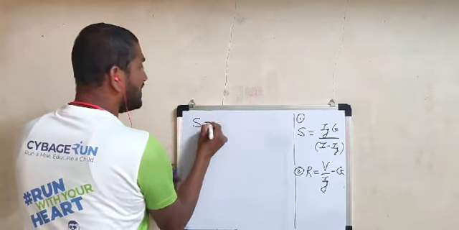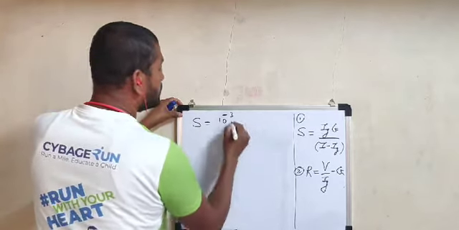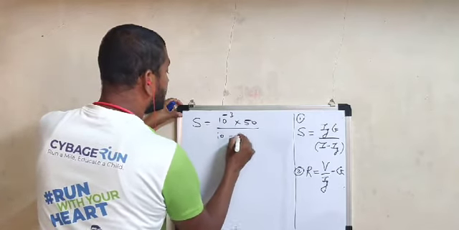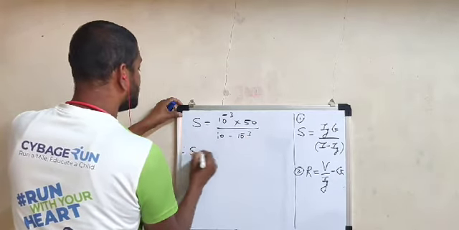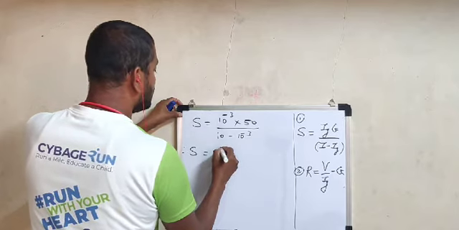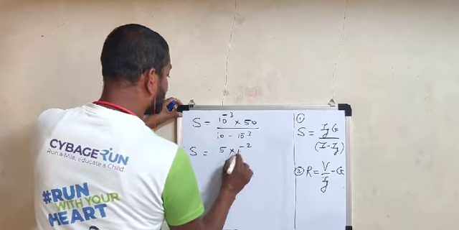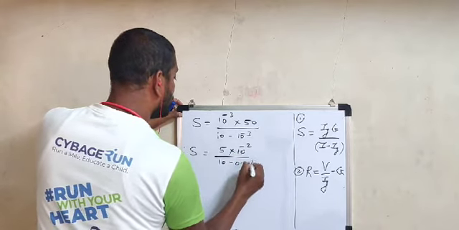Yes, shunt required S is equal to Ig, what is the value given? 10 raised to minus 3, resistance of galvanometer 50 ohm, divided by here 10 minus 10 raised to minus 3. Now this calculation is very important. Here S is equal to, yes, 50 into 10 raised to minus 3. What will be the result? 5 into 10 raised to minus 2. Now next, divided by here 10 minus 0.001.